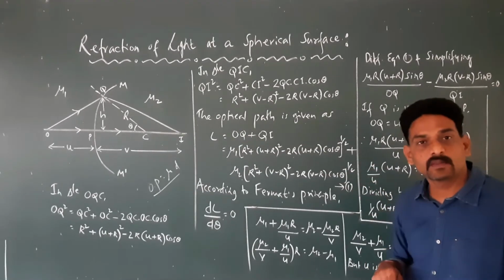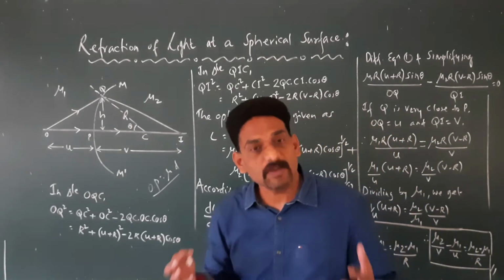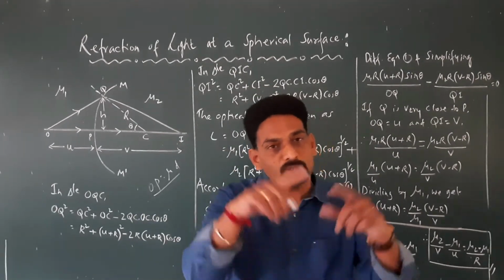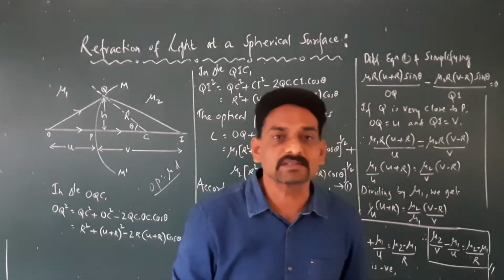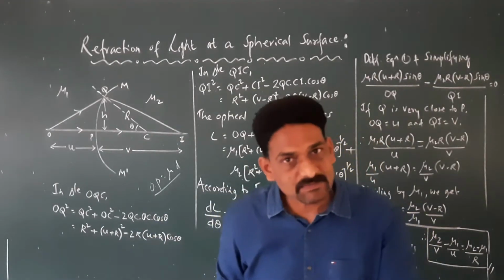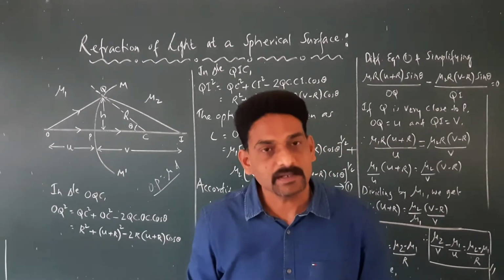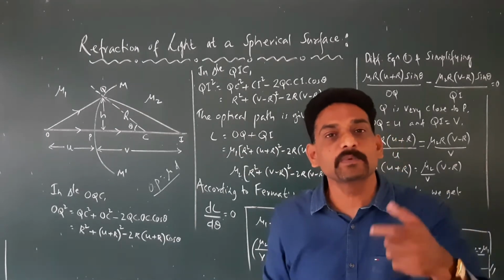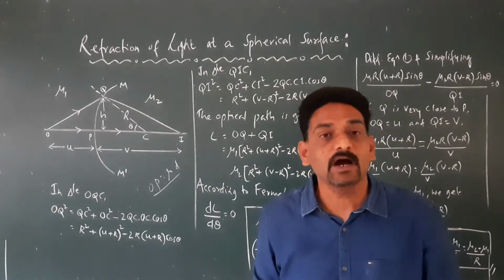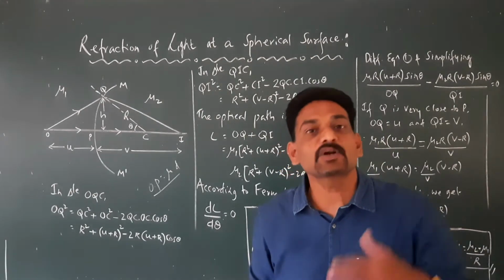It is taken as equation number 1. Right? Now, once you know the optical path, we know that as per Fermat's principle, whenever a ray of light travels from one point to the other point, compared to all other paths, the time taken is going to be either minimum, or maximum, or stationary. So in that case, L is going to be a constant. What is L? Optical path. So even though optical path is either minimum or maximum or stationary, it is a constant.